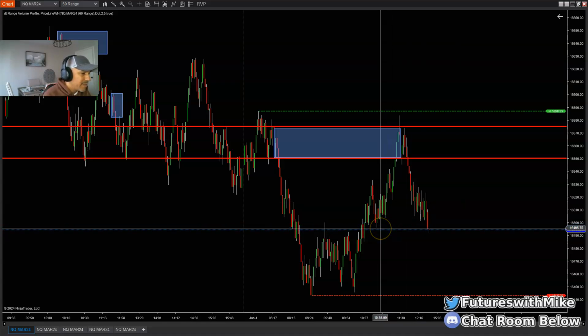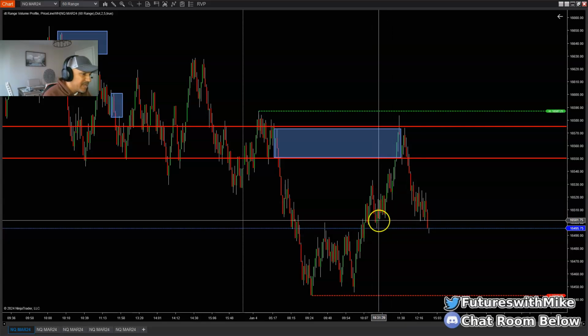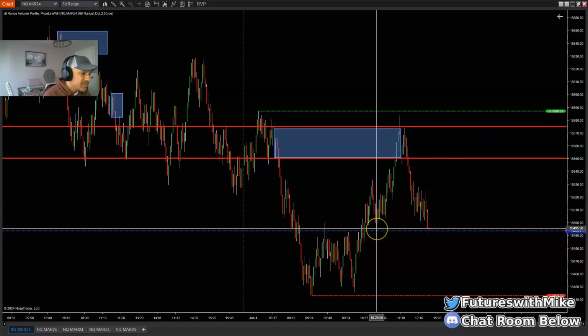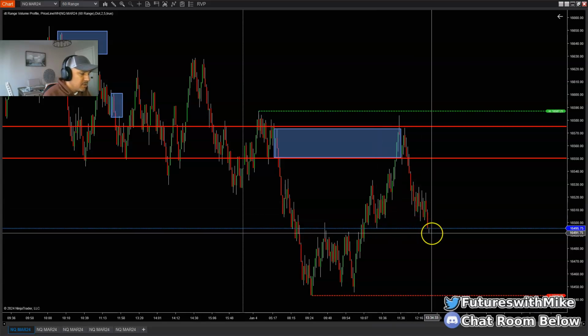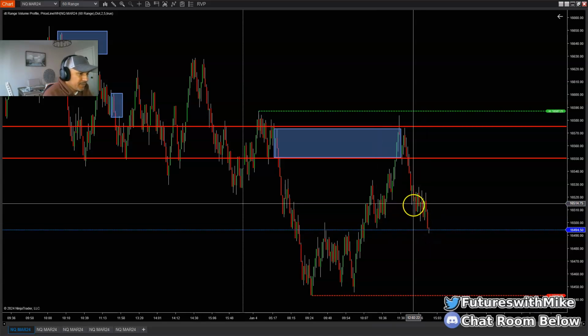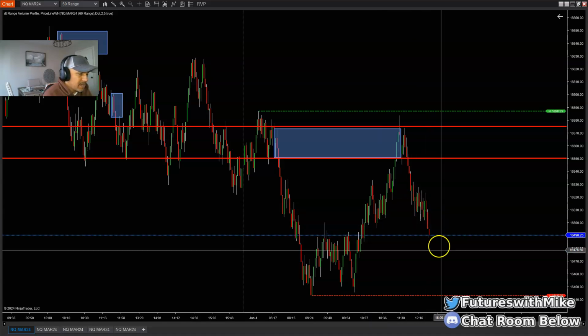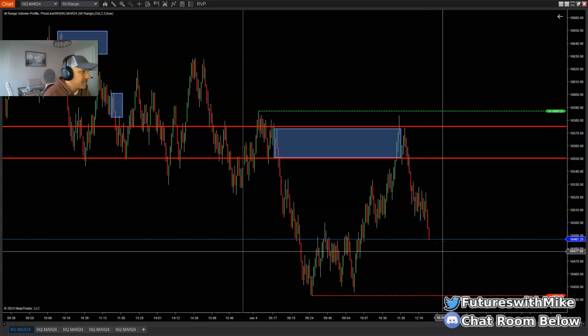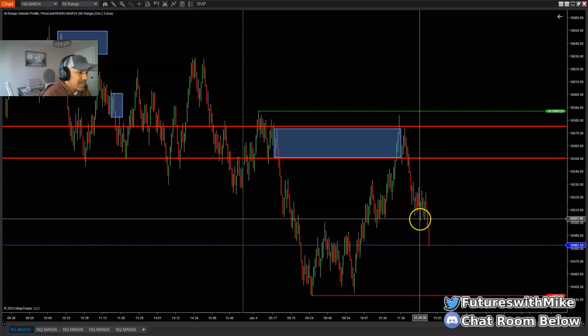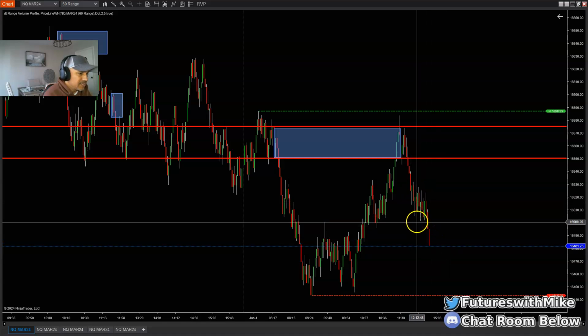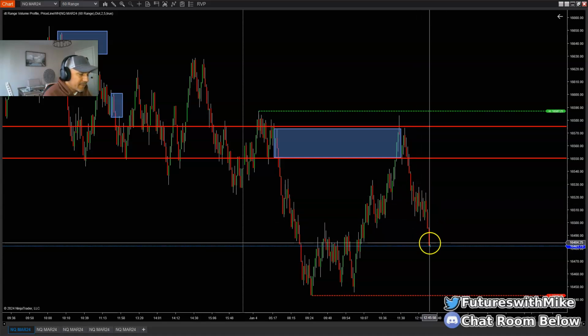Look at it. We just broke through this minor area of structure at 495 and 3/4 right there. So what could possibly happen now? Well, we could pull back to this area right here at 502, all right, or maybe a little higher, and then look for rejection, okay? Now this is the area of supply right here. Boom, break of structure. It breaks lower, pulls back, break of structure.